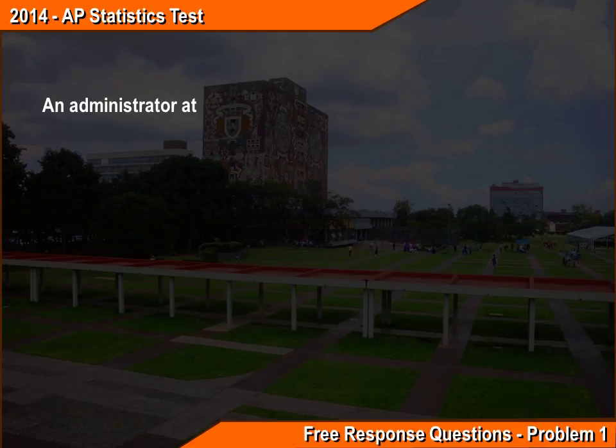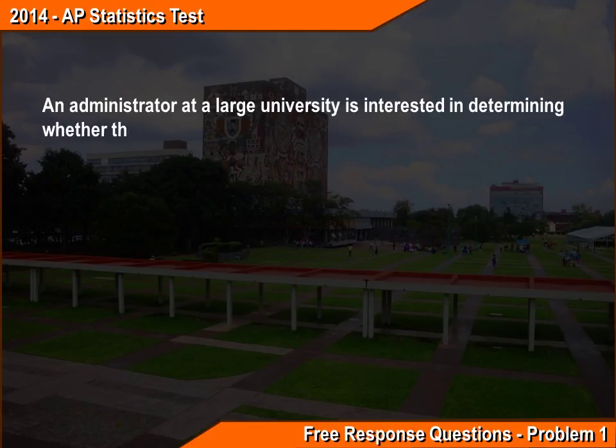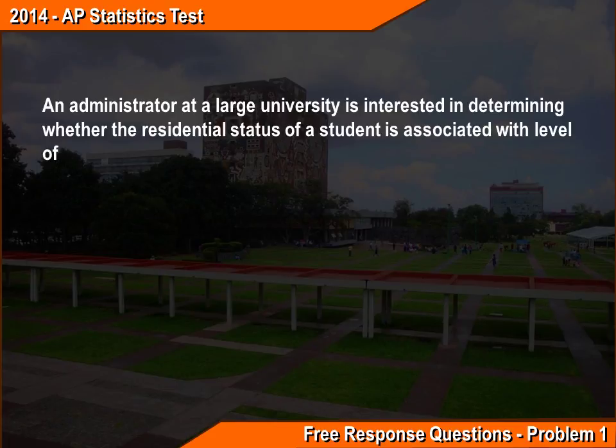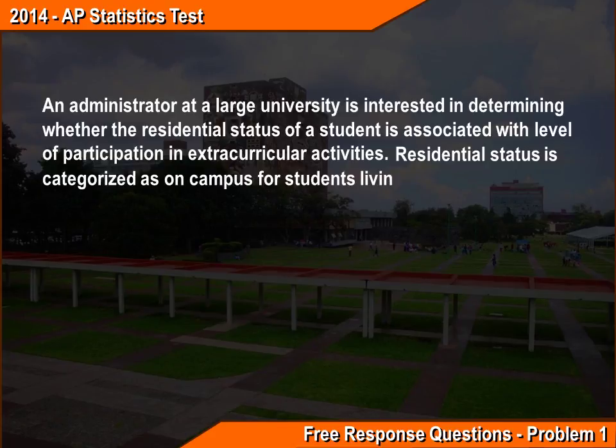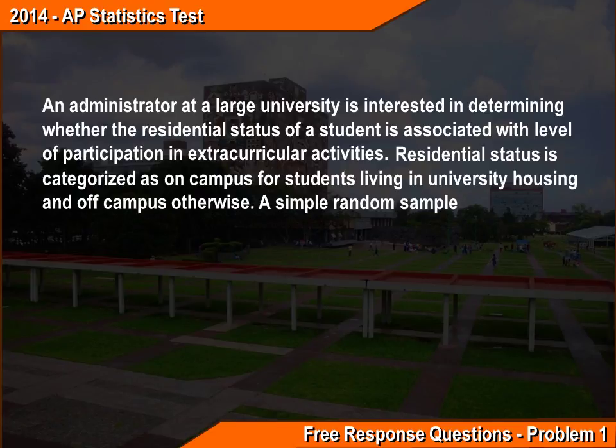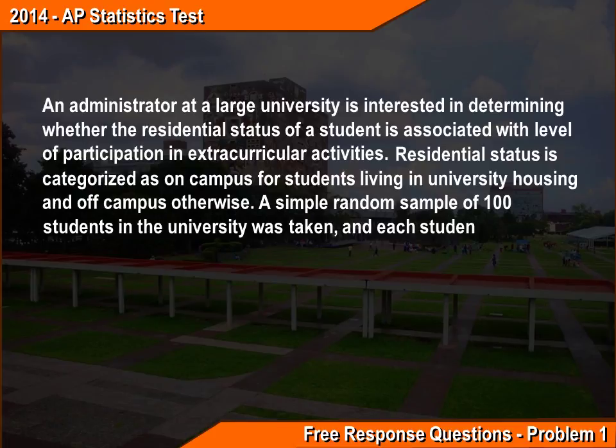An administrator at a large university is interested in determining whether the residential status of a student is associated with level of participation in extracurricular activities. Residential status is categorized as on-campus for students living in university housing and off-campus otherwise. A simple random sample of 100 students in the university was taken, and each student was asked the following two